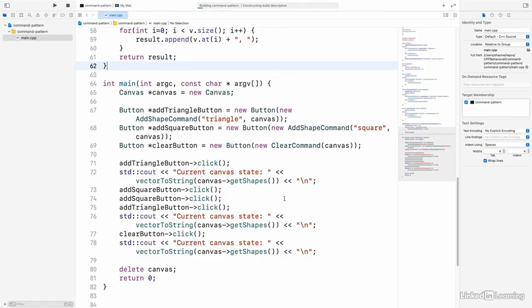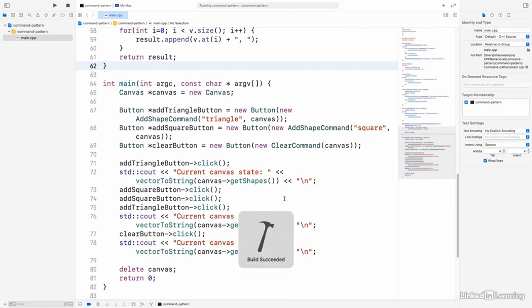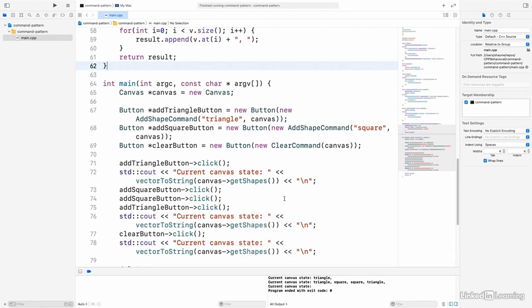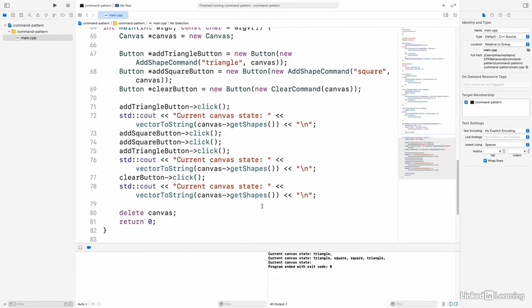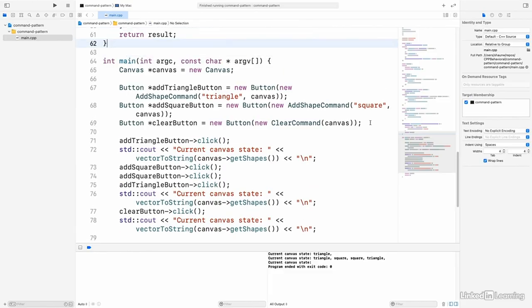So if we run our application now, we should see that it works, and let's see what the output looks like. So we're going to see that as we go through and simulate clicks on our buttons, those actually add shapes to the canvas just like we'd expect. And the beauty of this, again, is that our buttons no longer have to know about the canvas, right? If you look up at where we define the buttons, you'll see that it's only the commands themselves that have any knowledge of the canvas. And what this means is that we could use our buttons in a wide variety of applications, not just ones with that same canvas class. And we could also